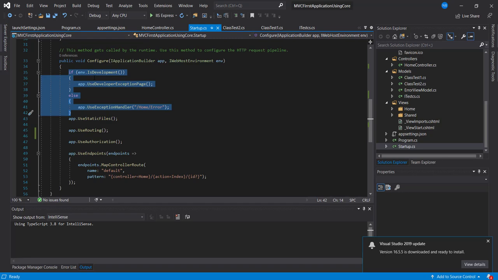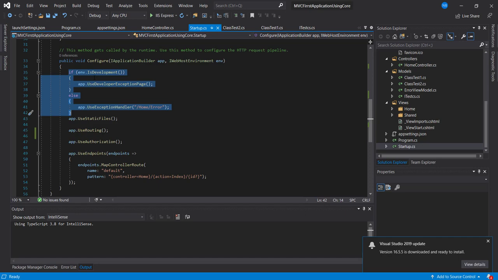When an exception occurs, it will give you a lot of details: what is the error message and what is the stack trace. Usually we call it a death page. That kind of exception detail is not required to be known by the end users, and it is a security risk, as it might be used by hackers to work against your applications.